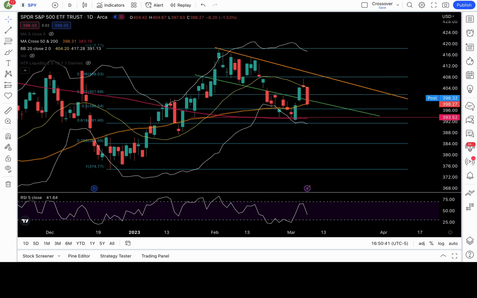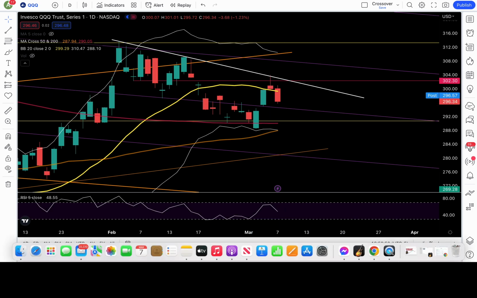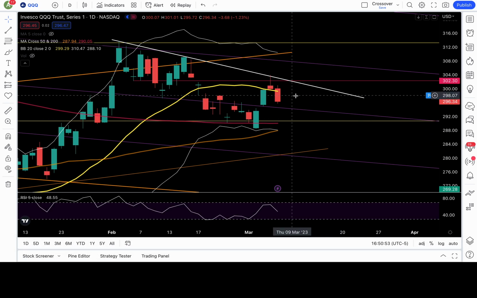Okay, so let's move on to QQQ. QQQ cleared that 20 daily moving average. It closed above the 20 daily moving average yesterday. I mentioned to you guys, watch for the breakdown, because if it breaks down, we get a false breakout setup, which is very bearish. Okay, so as long as it's below 299.2, that's the 20 daily moving average now, I'm going to be bearish, but I do still need to see the next support level fail, which is at 294.5. If 294.5 fails, look to short,